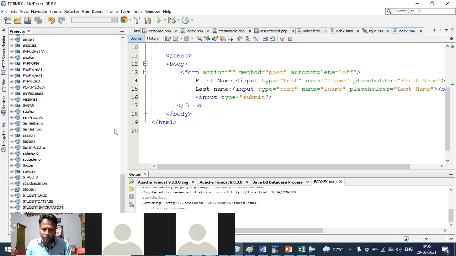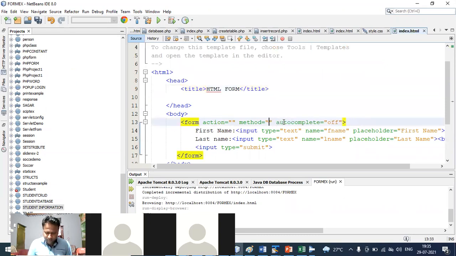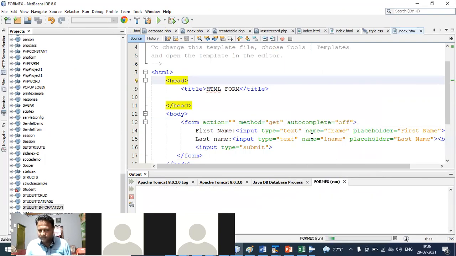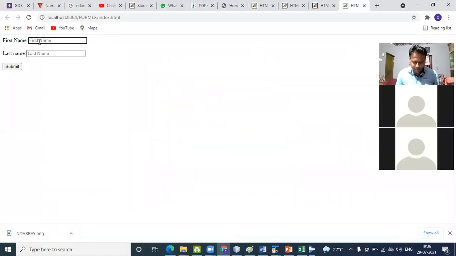But when you use a get method, then what happens? If you pass any information, it is visible in the URL. Suppose I pass here Ajit Sahu. So when you press here, see that the information is visible in the URL.